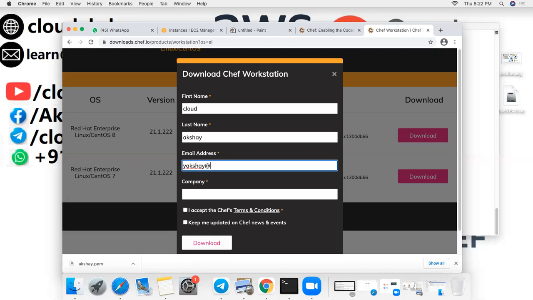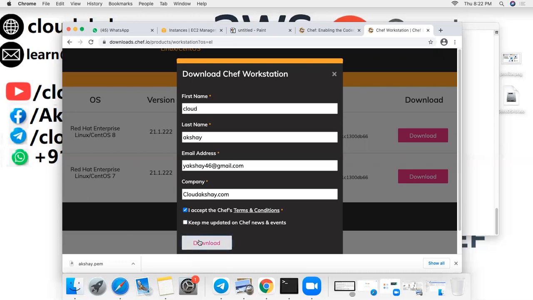No issue. Because all versions are available on chef.io. This is the website where you can get it for every platform, Linux also, Mac also. And the company name I am filling in is cloudakshay.com, and I accept all the terms and conditions.